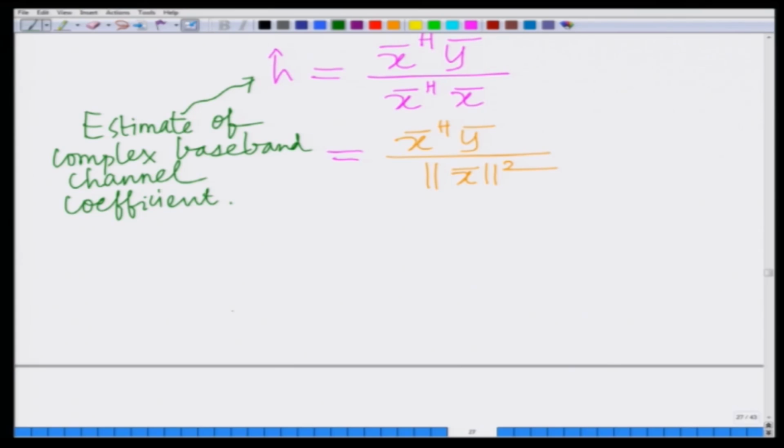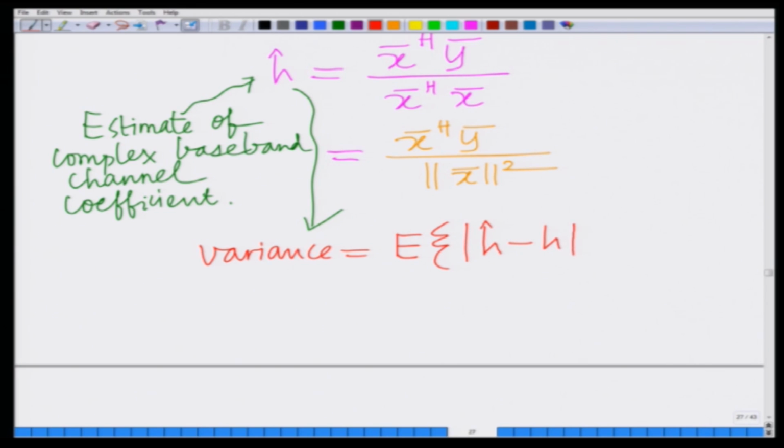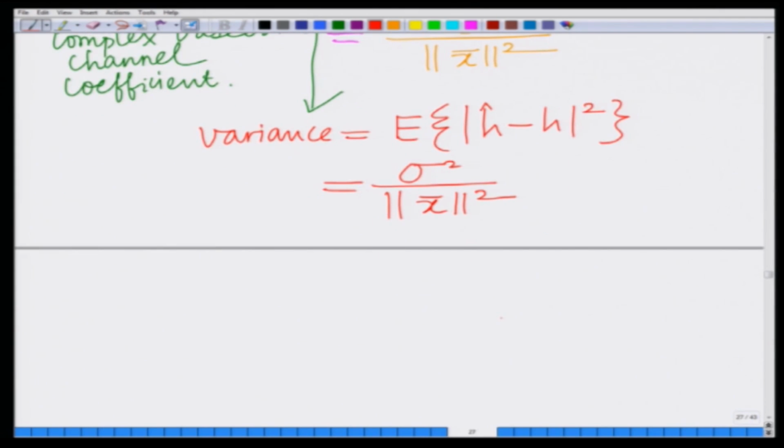Okay. And now, what is the variance? Again you can derive the variance. We said the variance will remain the variance of the complex parameter, that is, the expected value of, now you cannot simply use the square, I have to use the magnitude of h hat minus h whole square, which equals sigma square divided by norm x bar square,